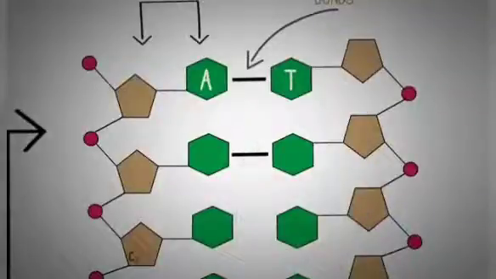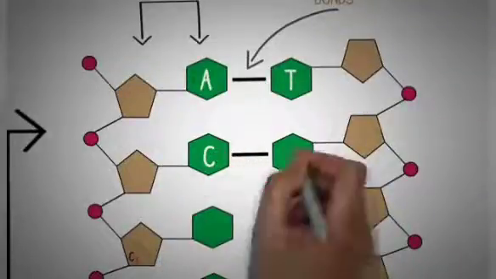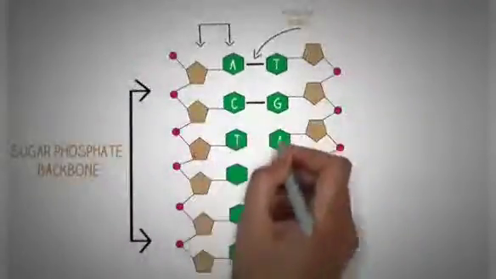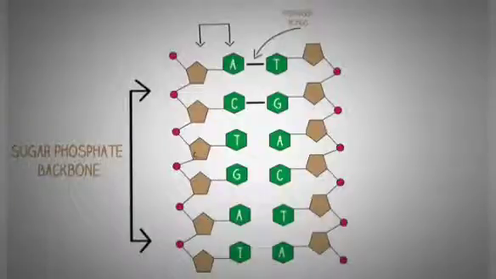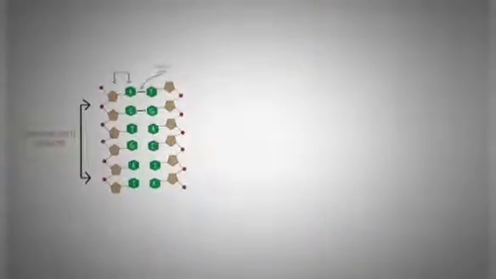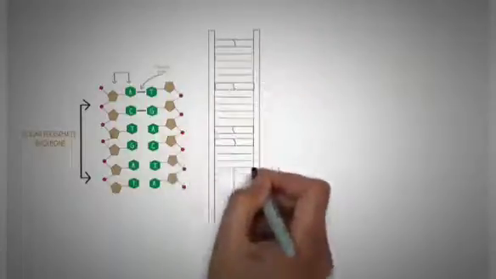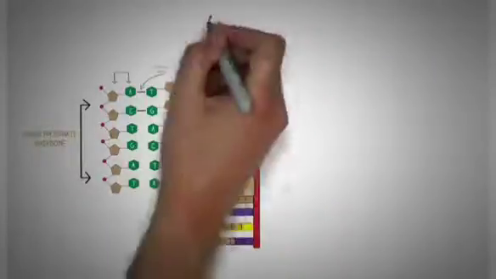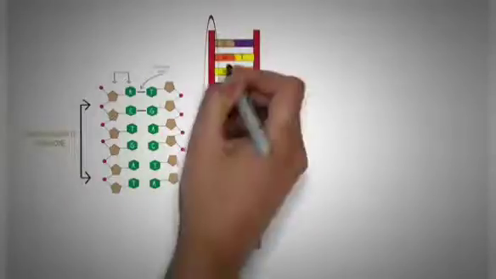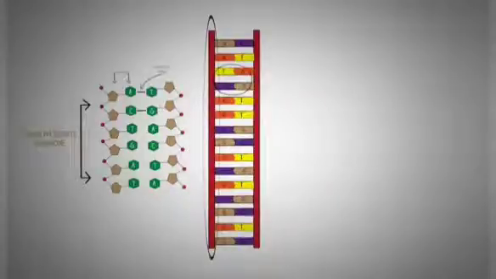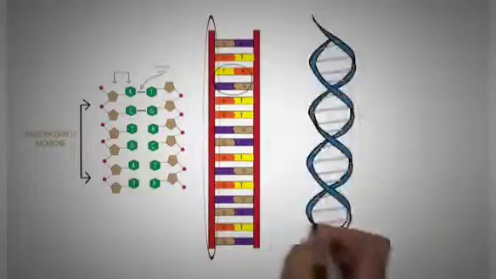So here you can see adenine forms a hydrogen bond with thymine, and similarly thymine forms a hydrogen bond with only adenine. In a similar case, guanine forms a hydrogen bond with cytosine and vice versa. Now this is the basic structure of DNA, and you can compare this with the step ladder structure of the DNA. You can see that the supports of the ladder in the red are basically representing the sugar phosphate backbone, and the rungs of the ladder represent the nitrogenous bases that are forming hydrogen bonds with each other.